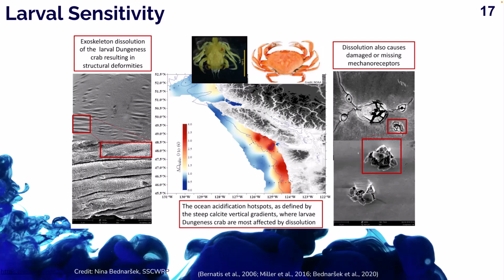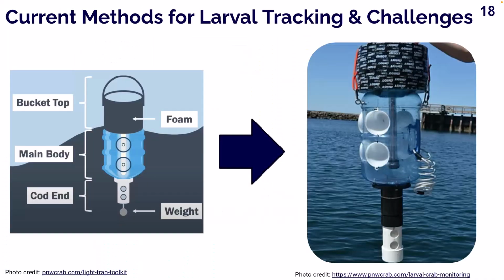So now we are trying to generate some of that larval monitoring data, but we are also coming into a bit of challenges. This is being spearheaded by the Pacific Northwest Crab Research Group, and they're focused on generating this larval tracking data for population assessment models. And here we can see a picture of a light trap, which is built off a long-term larval crab monitoring study in Oregon by Dr. Alan Shanks. These light traps are very inexpensive to make. And it was found in that study that they were able to estimate the population abundance 4 years